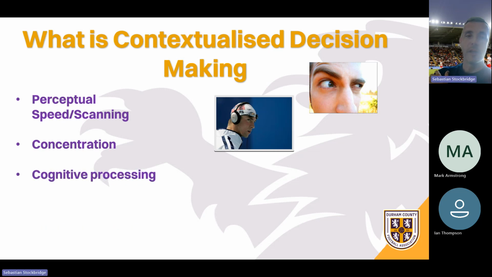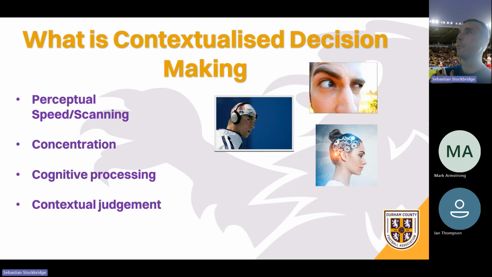Cognitive processing just means how you think. Are we thinking about things? Are we looking at how players are playing the ball, the body shapes? Are we thinking about the temperature of the game? What's just happened? If we just had to give a penalty and a red card, has someone gone in two-footed, or has there been an act of violent conduct? So we've got a lot of thinking going on. There are hundreds of decisions that we give or don't give in a game of football, so we need to be utilising that part of our decision making.